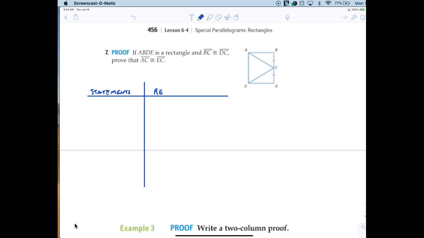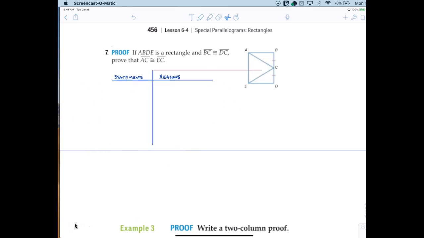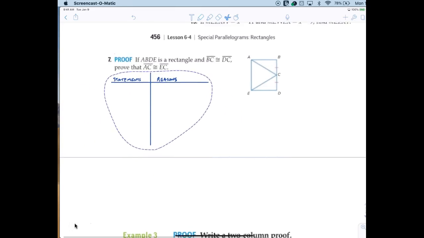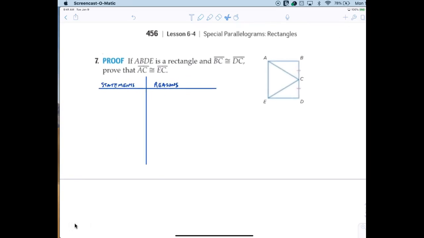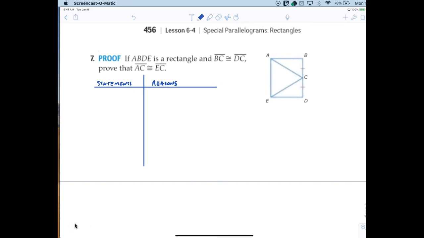Reasons. All right, let's take a look at this and see how we're doing. All right, here we go. Now, the first thing it says is that it's a rectangle and BC is equal to,